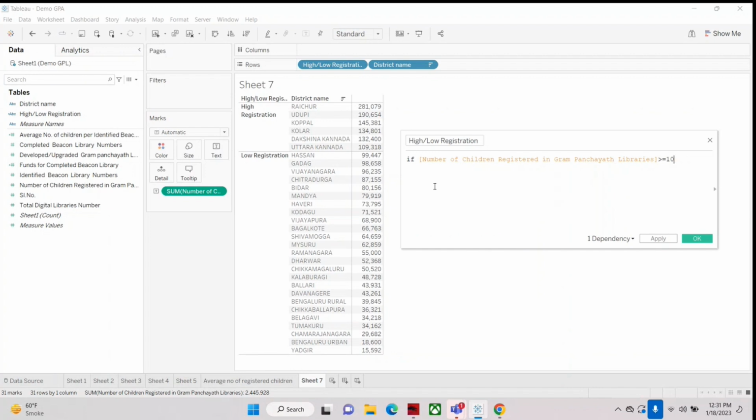or you can say 80 lakh, sorry, 80,000. Okay, then what should come? Then